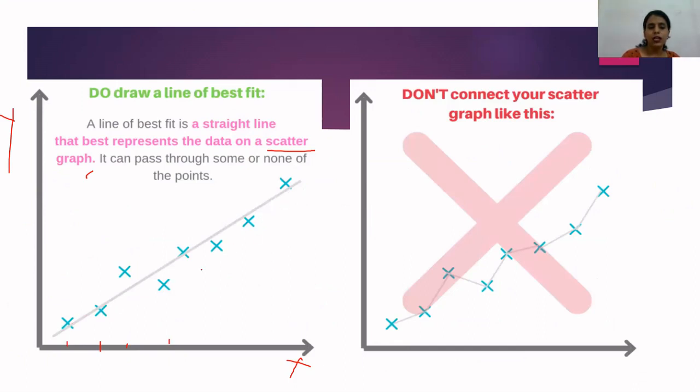So here you have to draw the line of best fit. The meaning of line of best fit is you have to draw a straight line, and that particular line should include maximum points in it. If you draw the line of best fit, this gray one, you can see it has included only one point in it. So remember, line of best fit should be drawn between these points, and it should include maximum points in it. Whenever a scattered graph is given like this, you should never join these plots point to point by using the ruler. This is not allowed. So you should never connect your scattered graph like this. Fine.